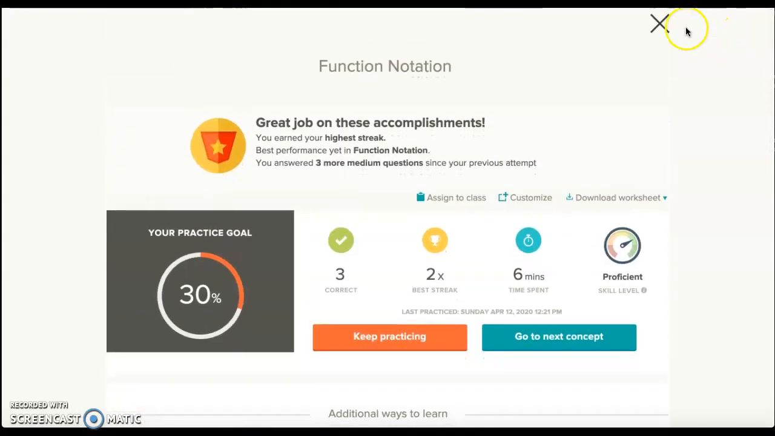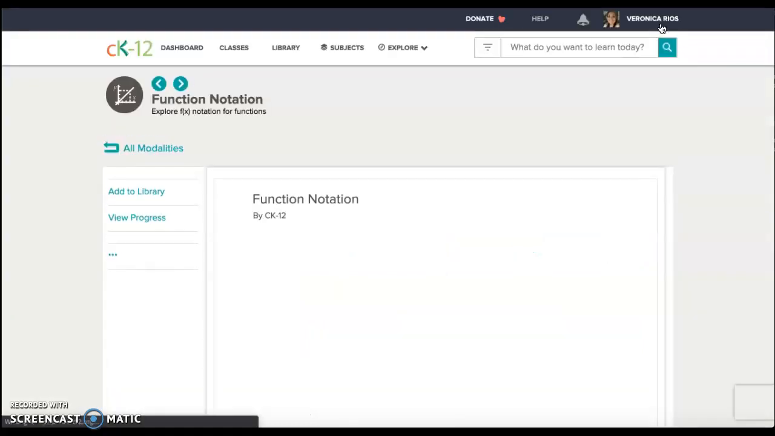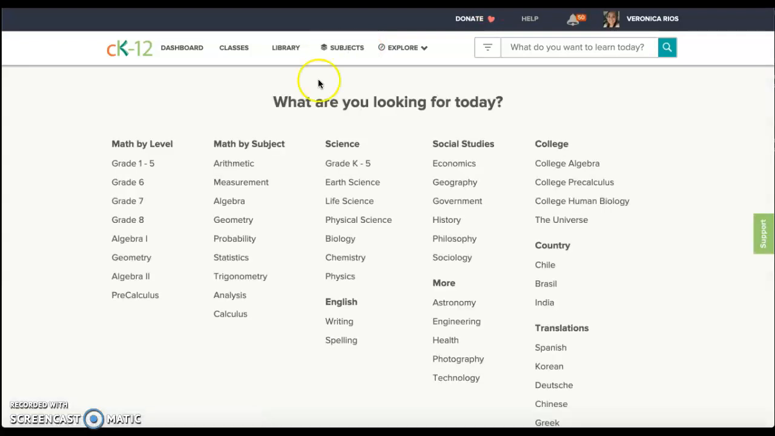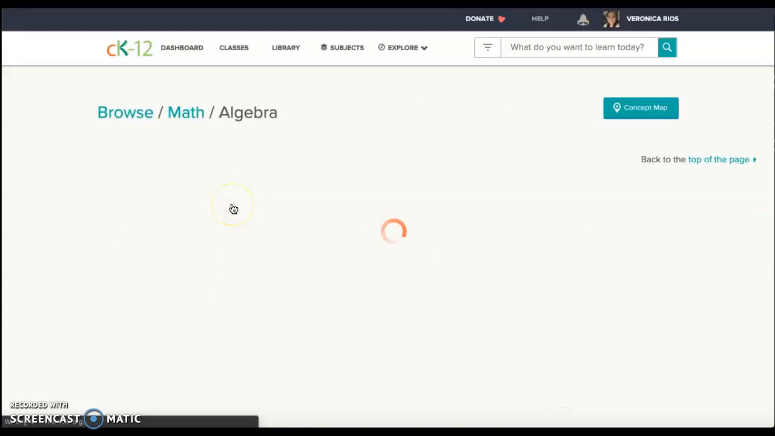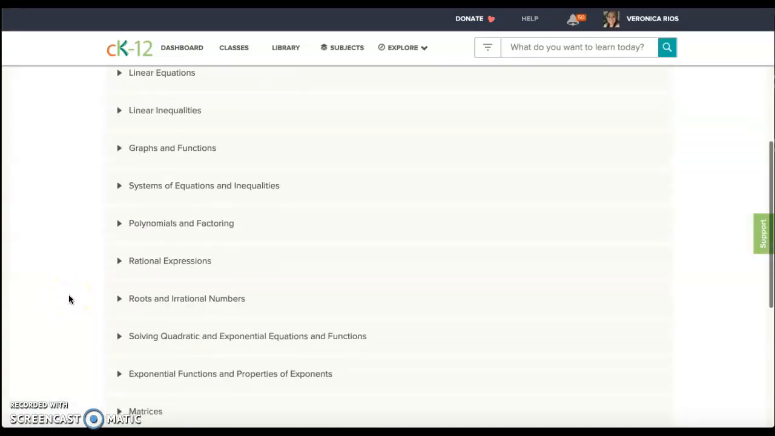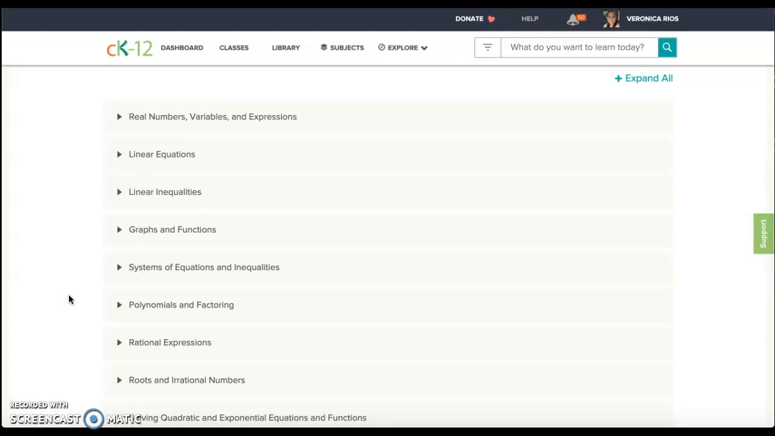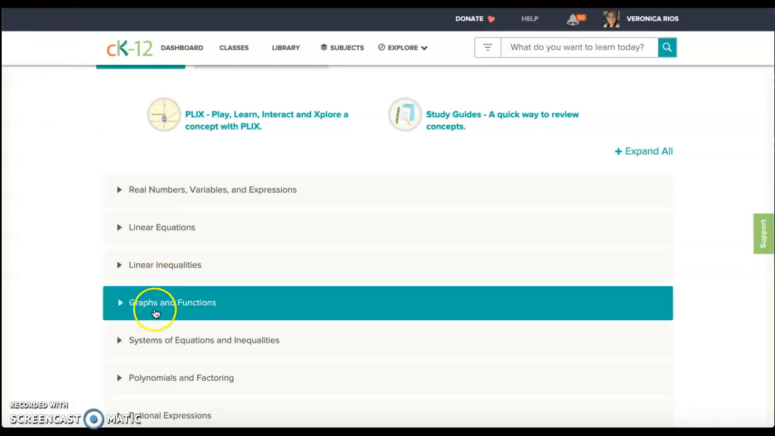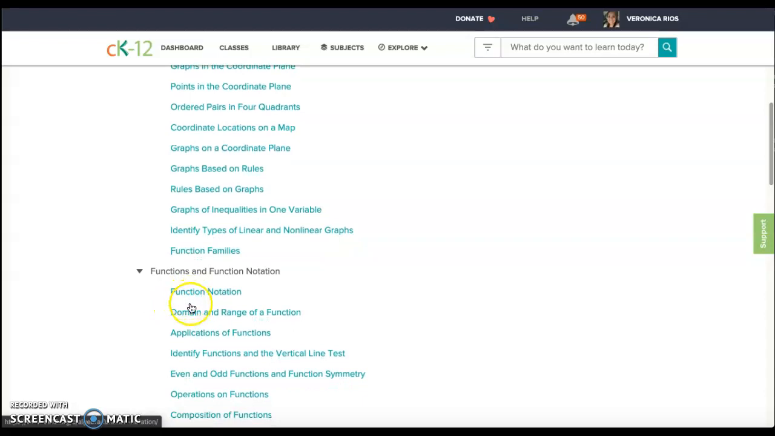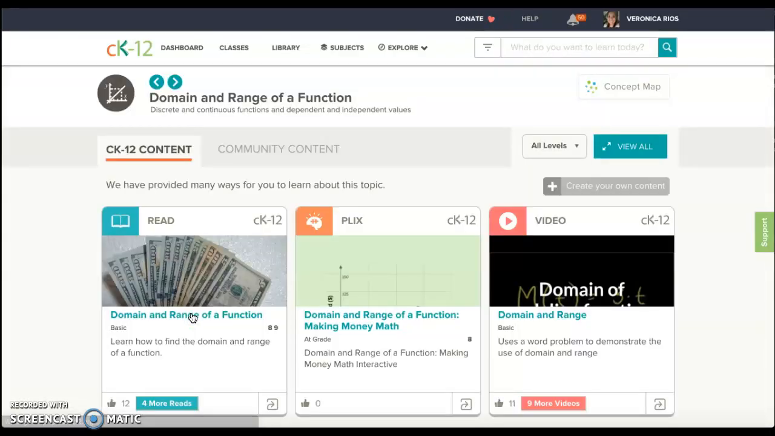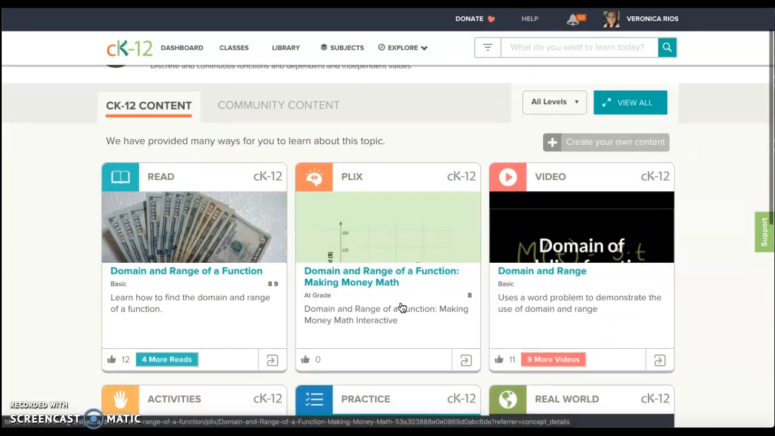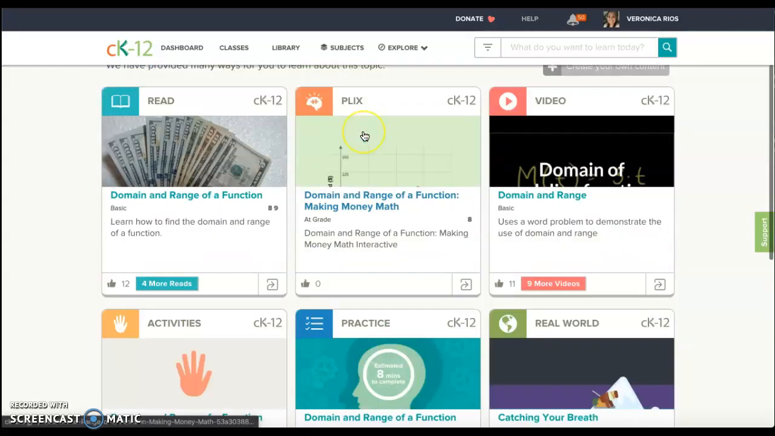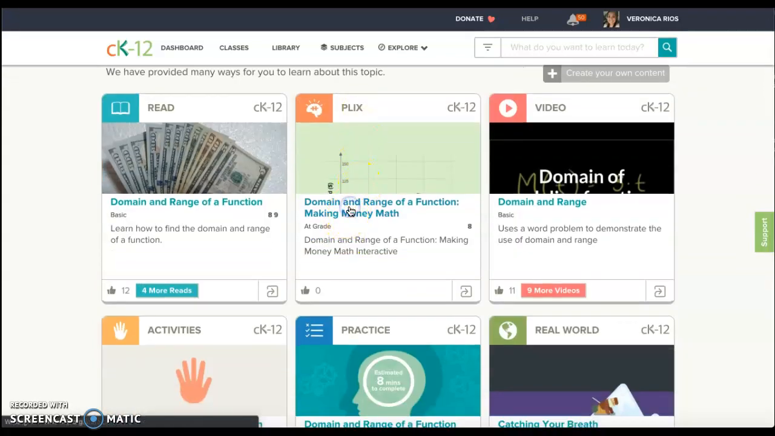The other thing I'm gonna talk about real quick is, so let's go to algebra. Okay, so for PLIX, let's look at something that I know my kids struggle with a lot, which is domain and range. Graph some functions, domain and range of a function. And you will see that some of the topics have PLIX. Not all of the topics have it. They also have a real world over here, but I was very fascinated by PLIX